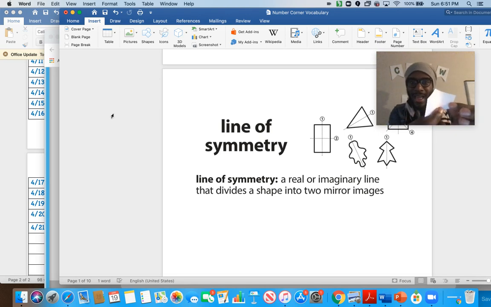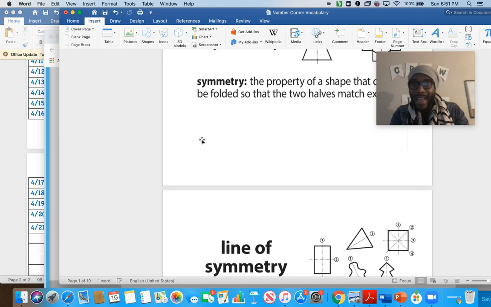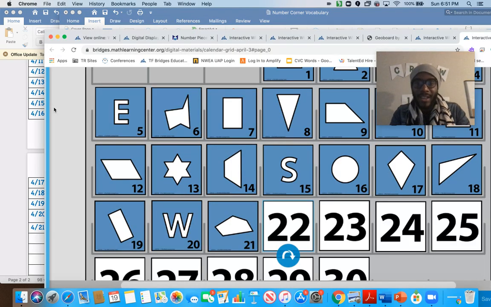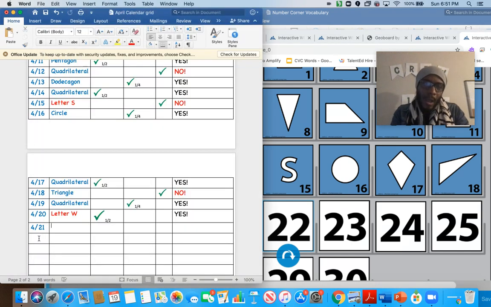I'm going to fold it in half first. When I fold it this way, there are no matches. So let's try another way. I'm going to fold it horizontally, and again, there are no matches. When I fold it and the other side isn't identical, then that means it's an asymmetrical shape. So let's go to our April calendar observation, and we're going to put in our shape